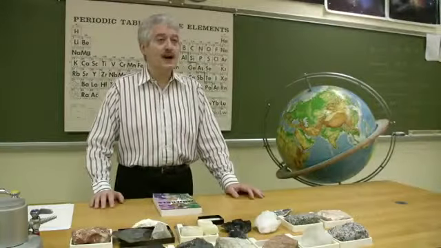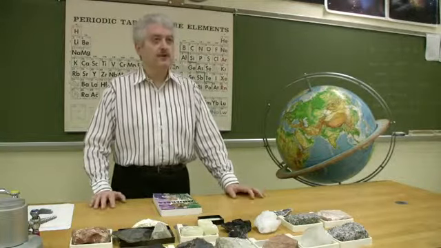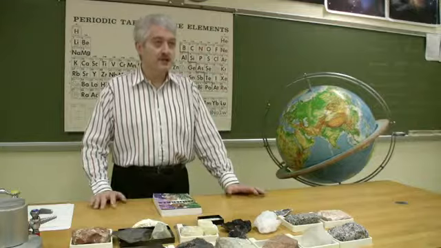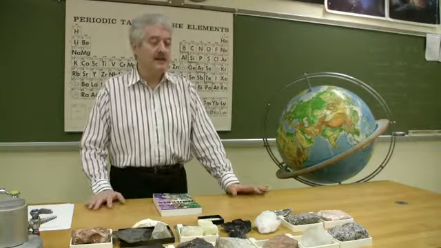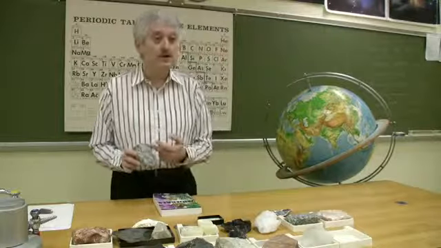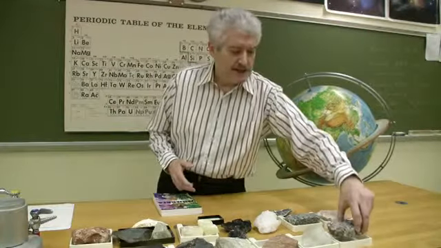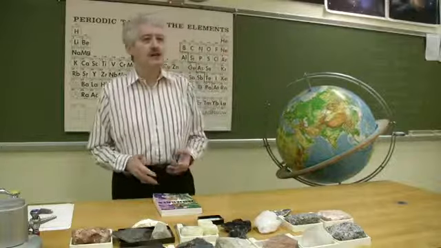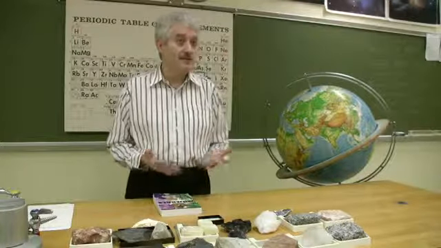There are over 4,000 minerals that are known in nature, but fortunately only a couple dozen of those are really important, really common, and those are typically the ones that are found in rocks. We call those the rock-forming minerals. Now, with a little bit of study, it's fairly easy to learn how to identify some of the most common